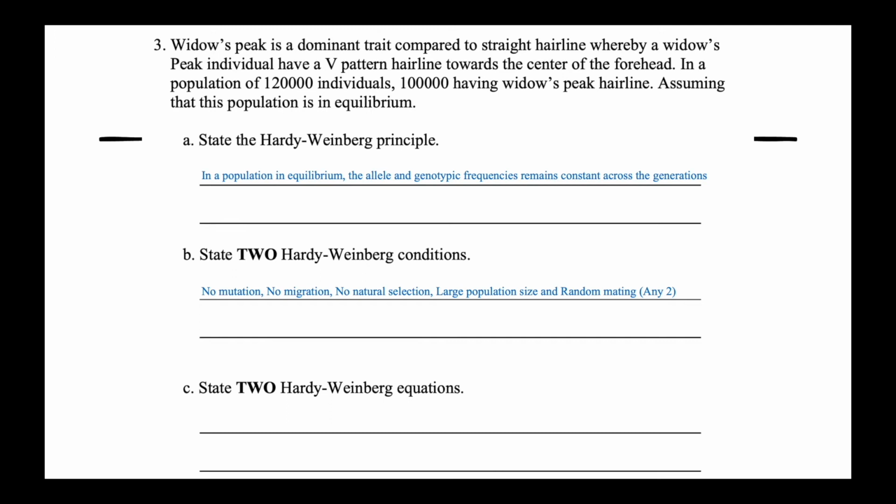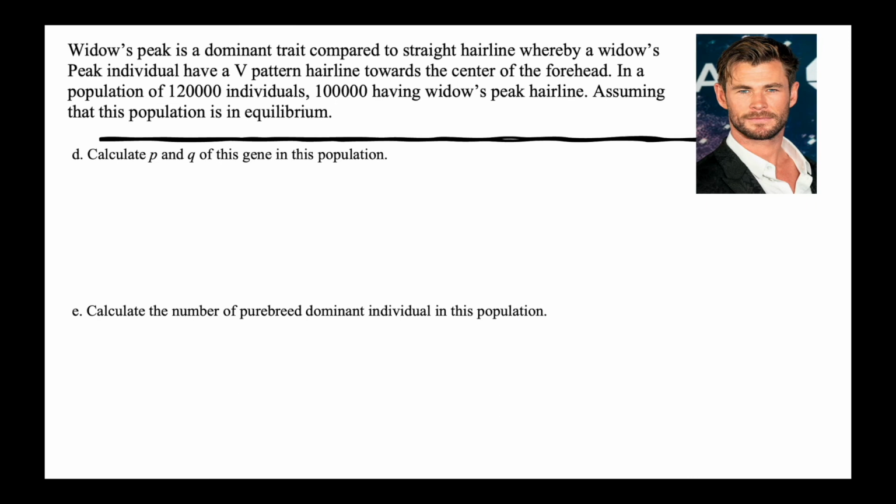Question C. State 2 Hardy-Weinberg equations. These are p plus q is equal to 1 and p squared plus 2pq plus q squared is equal to 1. Question D. Calculate p and q of this gene in this population. From the question, we know that only 20,000 individuals are homozygous recessive. So to find the frequency of homozygous recessive individuals, q squared is equal to 20,000 divided by 120,000. From here, we can find the frequency of recessive allele q by finding the square root of q squared, giving us the value of